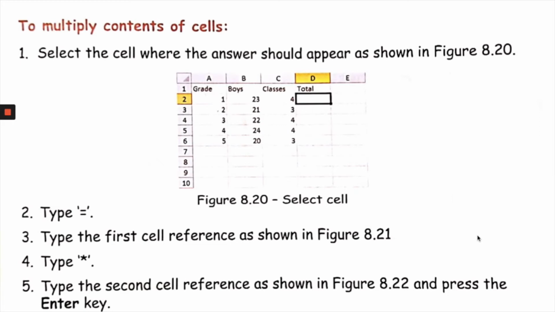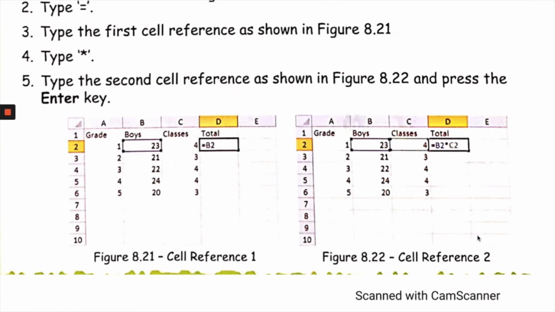If you want to find the number of boys in grade 1, the first cell reference that you have to consider is 23, that is B2, and put the asterisk symbol. After that, you have to enter the second cell reference, that is 4, that is C2. So, we need to multiply B2 into C2 to get the total number of boys in grade 1. For into, we use the asterisk sign here. Can you see here? First, they selected the number of boys column, that is 23, that is equal to B2. And then you put this asterisk sign and click the C2 column, second cell reference, and when you press enter,